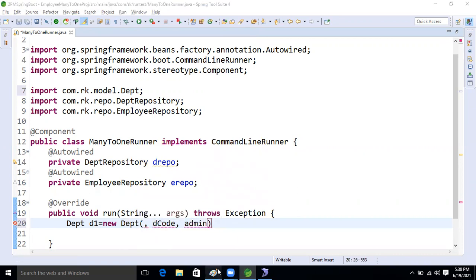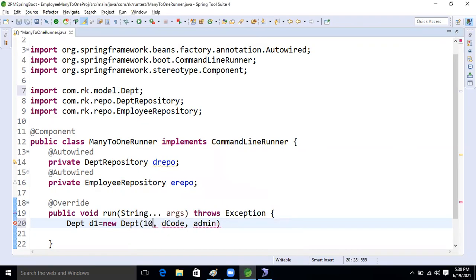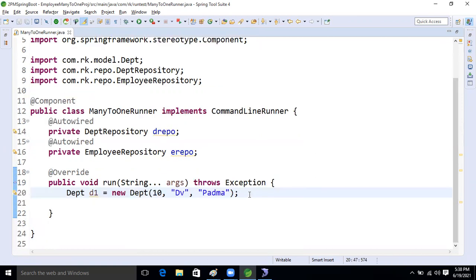What is the data we are taking now? Here 10, Dev, and Padma. I'm taking 10, developer, and the admin person is Padma. The department name is a string, inside the string, DEV. Good.